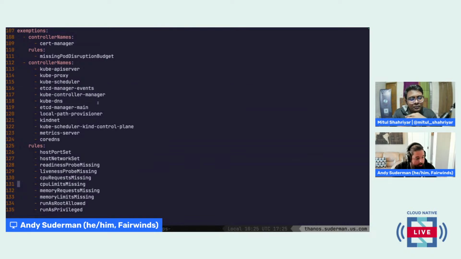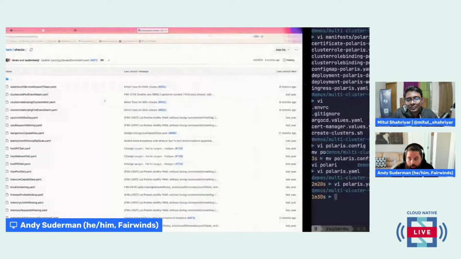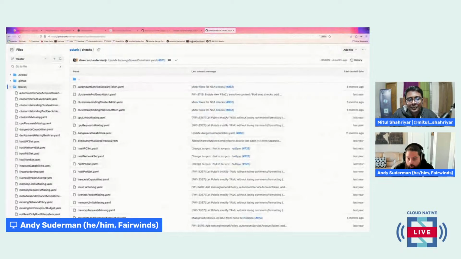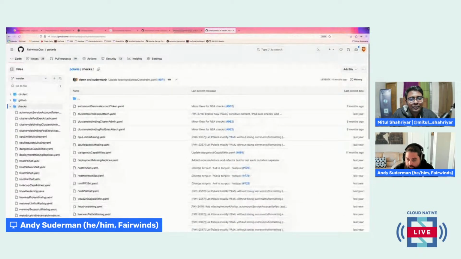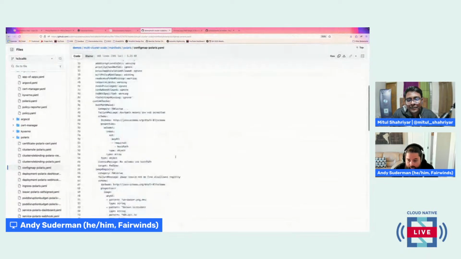And so when we're talking about deploying this at scale across multiple clusters, not only do we have to have a valid list of exceptions, but we have to think about how we're letting people use those exceptions. How are they approved? In this case, we have our Polaris config in our manifest here. So if we go to Polaris and we look at the Polaris config map, the settings are all right here.